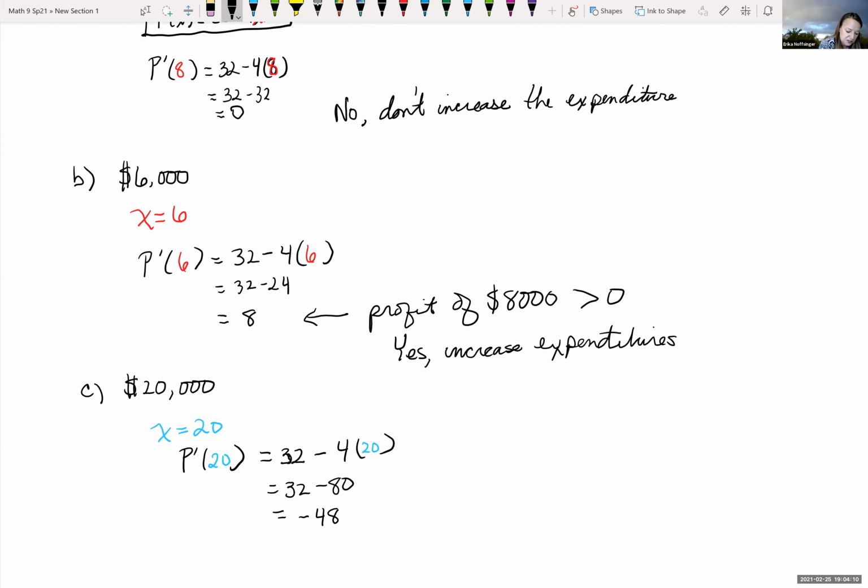So our profit is decreasing, and this is in terms of thousands of dollars, $48,000. So no, we don't want to increase the expenditures. Okay, hold on, let me just